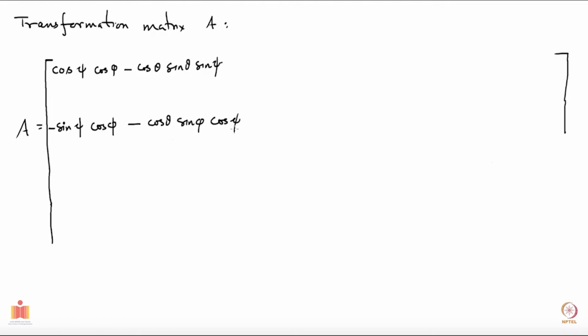While I am writing these entries, what you can do is try to see whether these entries appear to be correct. You may try to look at certain limits and see whether the entries make sense. For example, you could put theta, phi and psi to be 0, all of them, and see whether what I am writing gives you an identity matrix. So while I am writing all this, you can check whether this becomes unity in the limits psi, phi and theta to be 0, and correspondingly the other entries are 0 or not. You may keep checking while I am writing this.